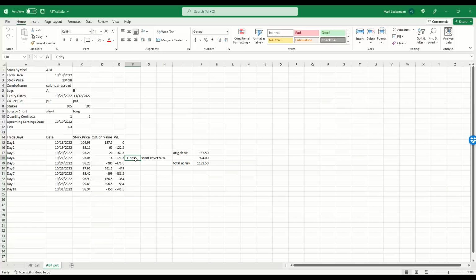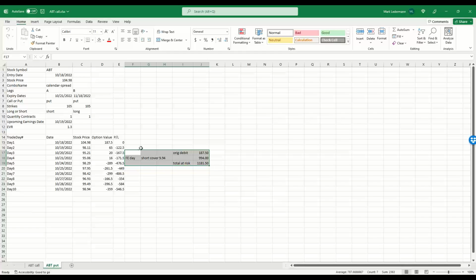Now on FE day, things change depending on whether your fronts are in the money or out of the money. If they're in the money, then you need to cover your shorts in order to continue on the trading. And OSBTT does all of this math in the background, okay? The OSBTT has been developed to do all of this math in the background. I'm just going to show you some of what that math is so that you don't have to scratch your head and try to figure out what's going on in the background. So that's why I've added a little bit more information here, what happens with the put.